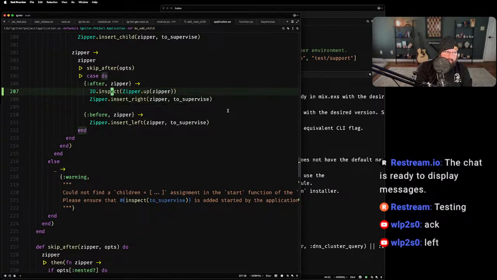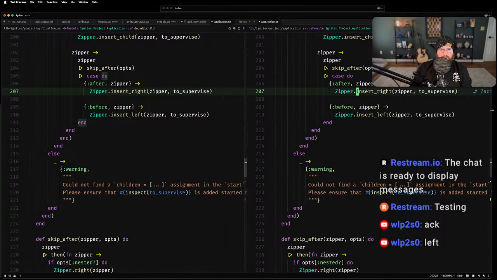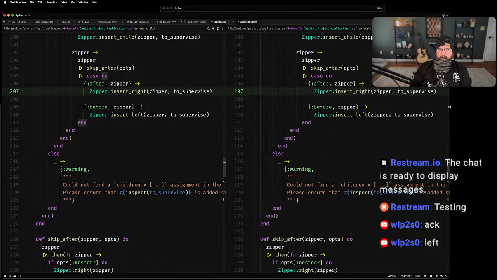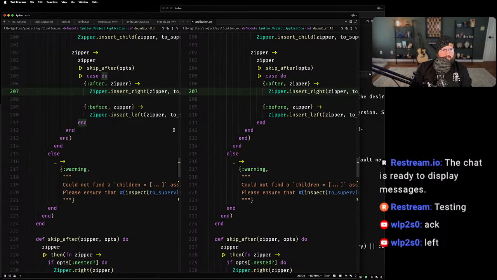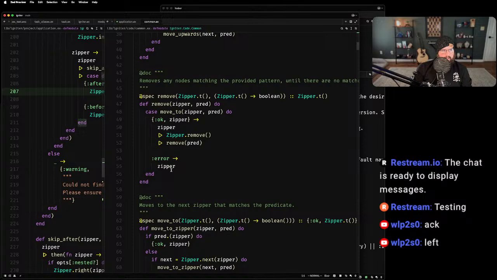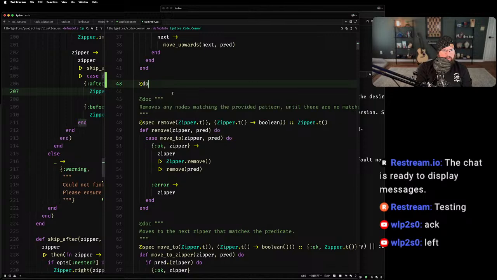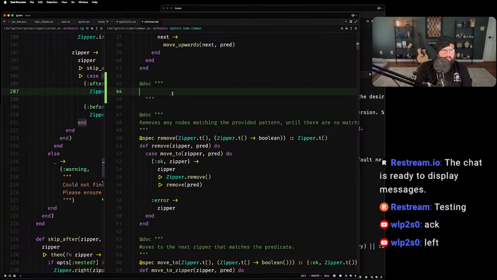And so I'm going to have to make, actually, I bet I'm just going to try it, show you guys what I mean. So if I go to, oh, I can't expand that because then it's going to hit chat. Yeah, all right, I'll leave that where it is. So if I go into here and in common, I add a, let's just say insert right. Insert a new node after as a sibling to the right of the current node.